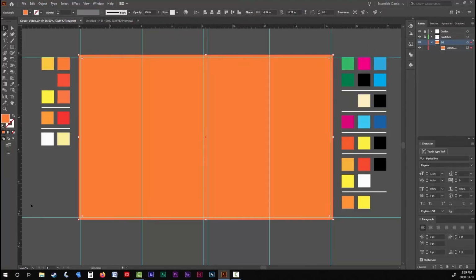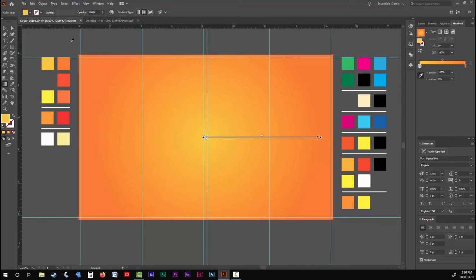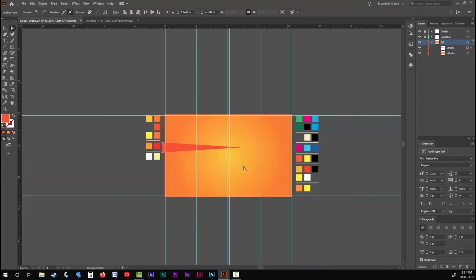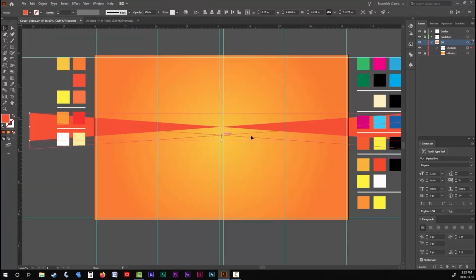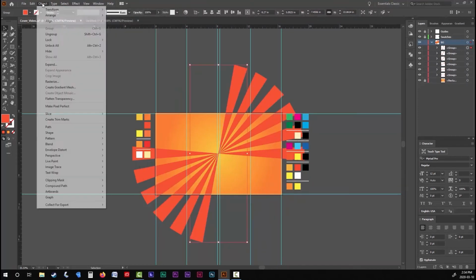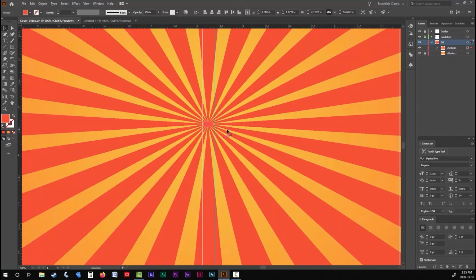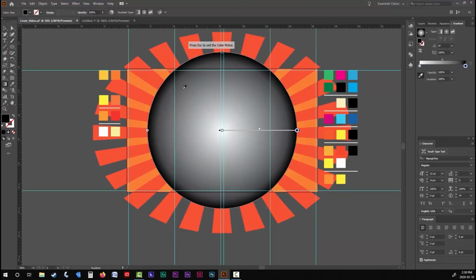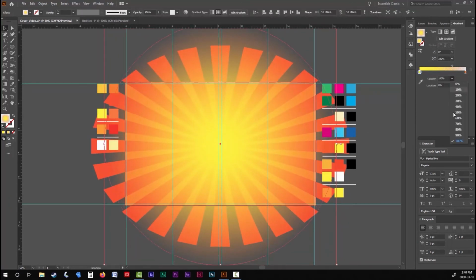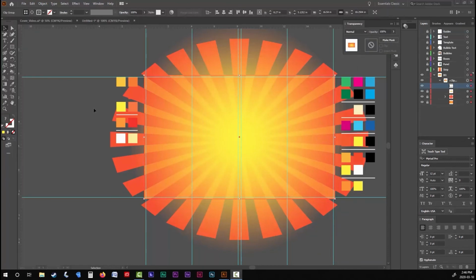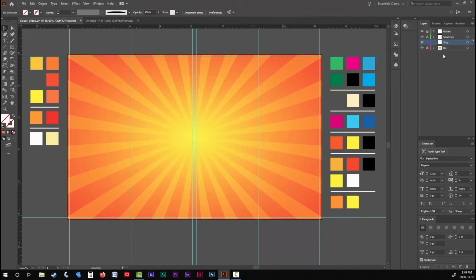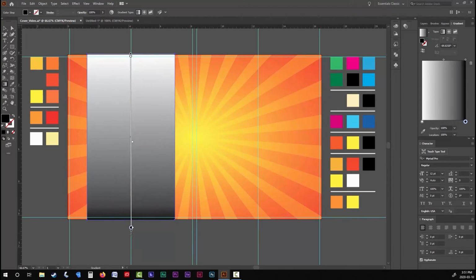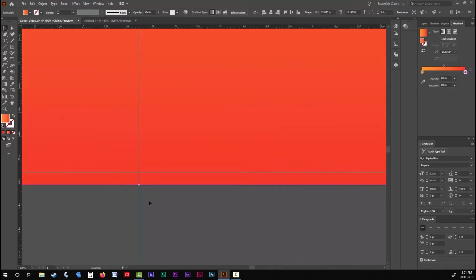Now these techniques that I just showed you are not limited to being used inside of panels. For my book cover, I'm going to use the Starburst graphic technique for my background. And as you can see, I'm just going through the exact same steps that I just showed you. Now, if you're going to put text on the back of your cover, it's always a good idea to use some type of buffer between the text and the background image, just to make sure that your text is legible. I'm going to use a simple rectangle with a gradient on it.